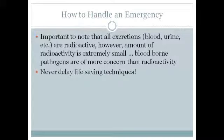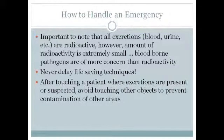It's important to note that even with a person that has been injected with a radioactive isotope, you should never delay life-saving techniques. The risks involved with the radioactivity are extremely small. Also, after touching a patient where excretions are present, whether it be urine or blood, or that excretions were suspected, ensure that you avoid touching other objects such as doorknobs or computers or anything else, and avoid going into other areas without being cleared by a nuclear